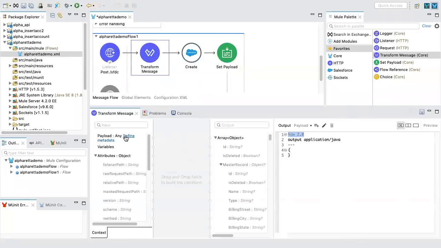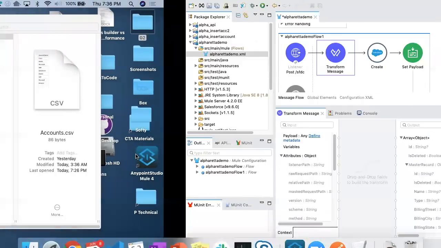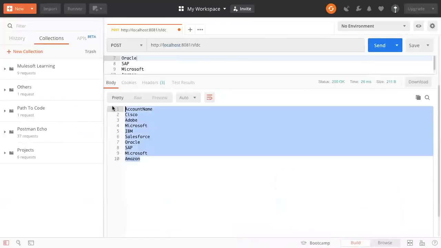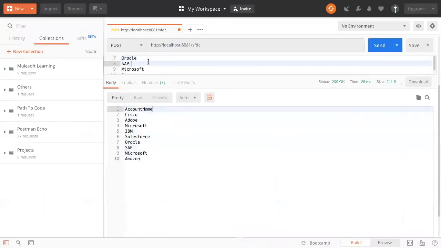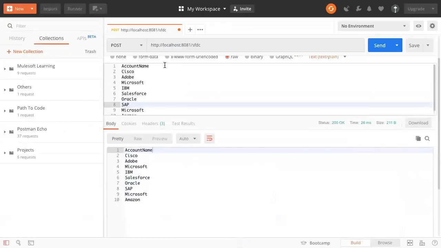You all agree? So this is the left side. We don't know what the format of the left side is. The format is a CSV file, only one column. If there were multiple columns, it would be something like this: a comma at the top, then some other header, right? So this is our format.